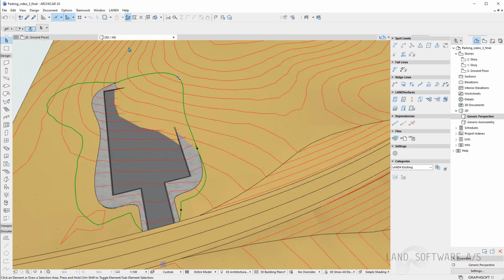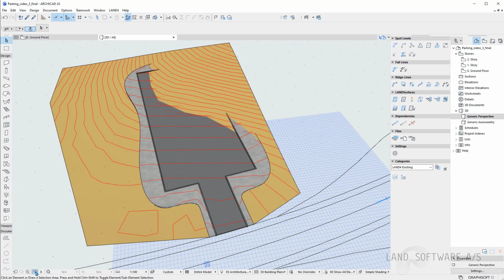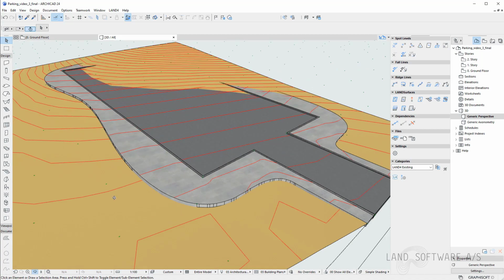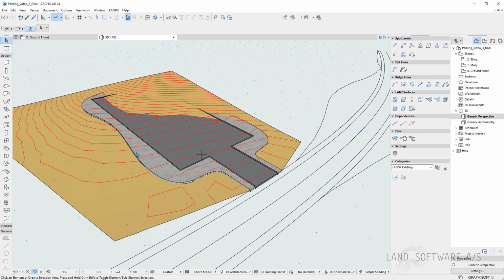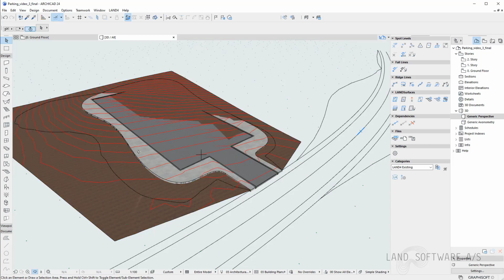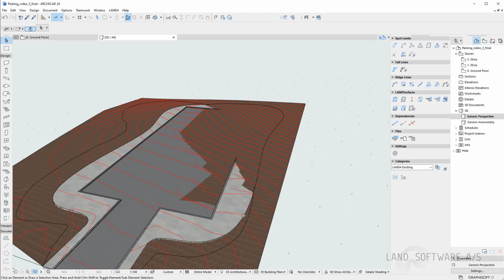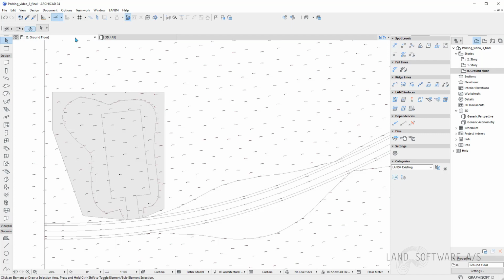So if we go into 3D now, we can see the existing terrain, and that's the one we've been working on. And now I can maybe hide the existing and show the new terrain. And here we can see a little bit of a difference already, because we have no spot levels in between.